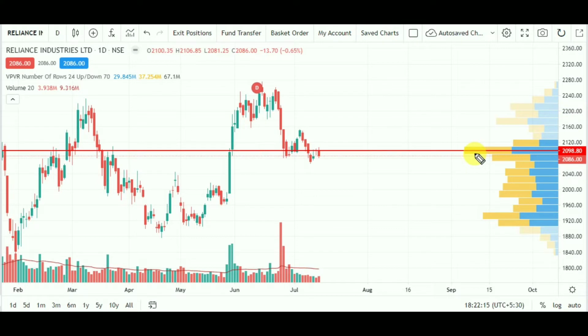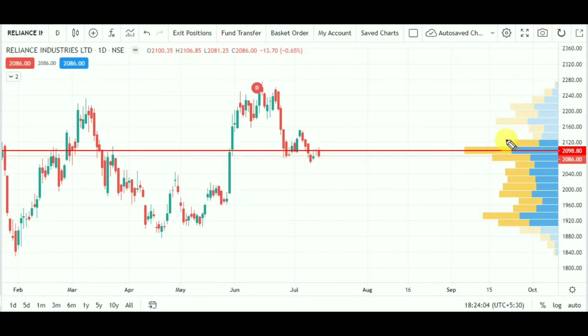And how is the value area highlighted? It is highlighted using the transparency of the bar. To understand this, see the chart. Observe that some volume bars are solid while the others are less opaque. The bars that are solid represent the region where 70% of the total volume occurred for the area under display. That is, this is the region where a bulk of buying and selling occurred. This setting can be changed as per your liking.